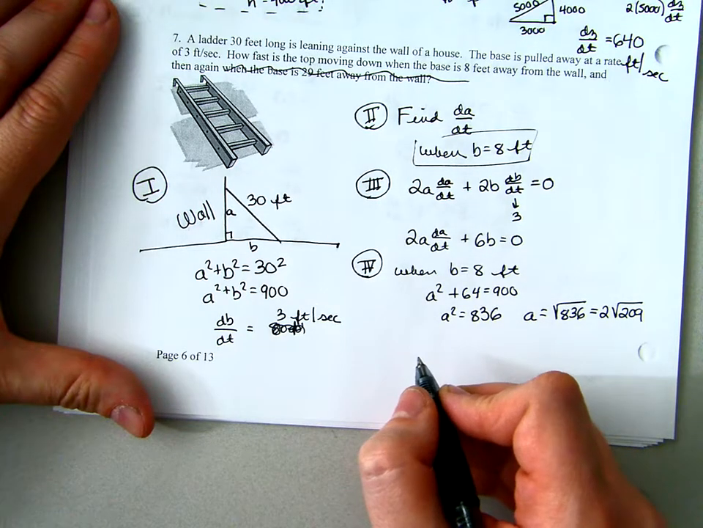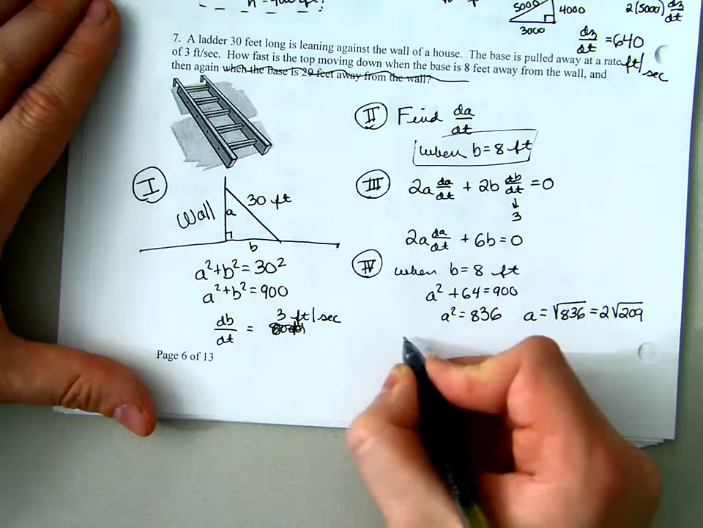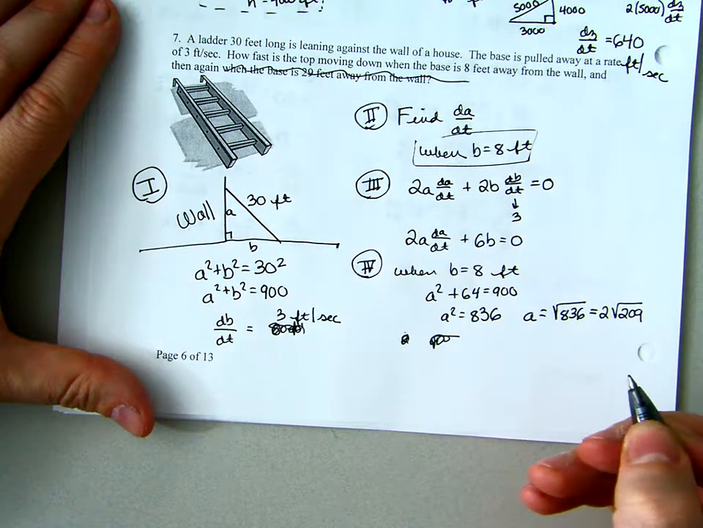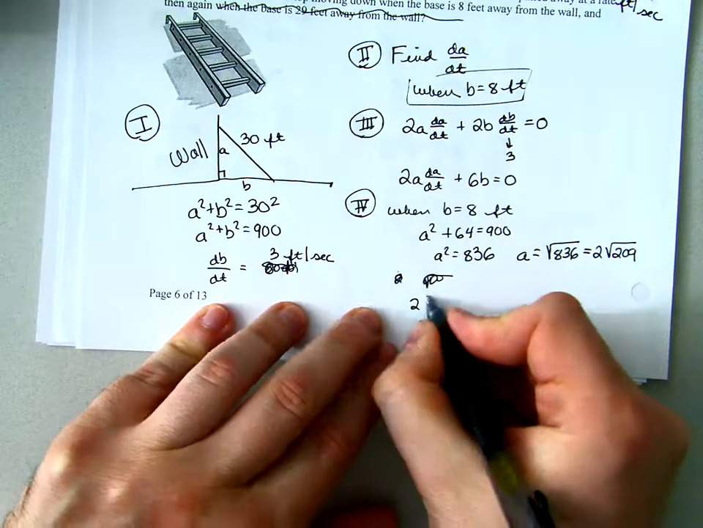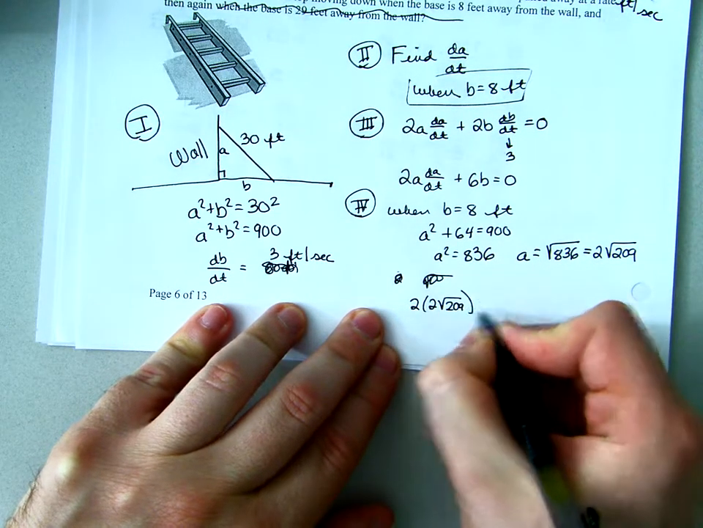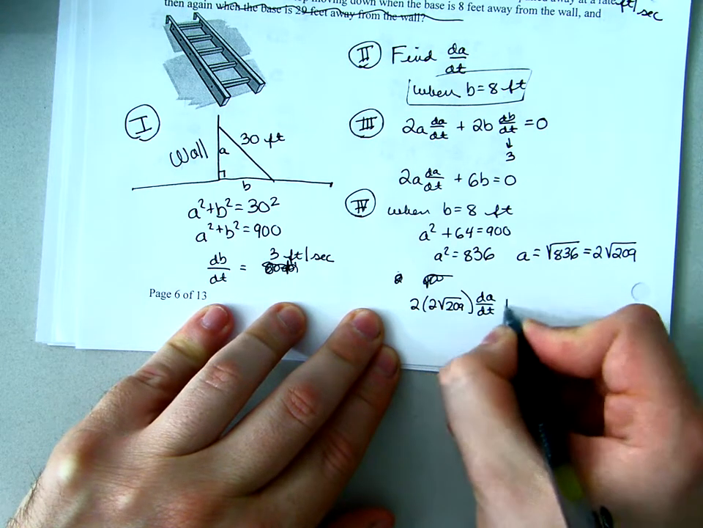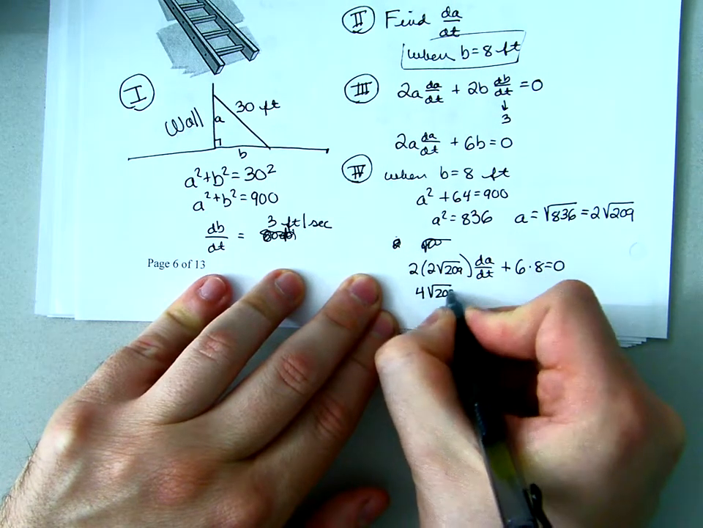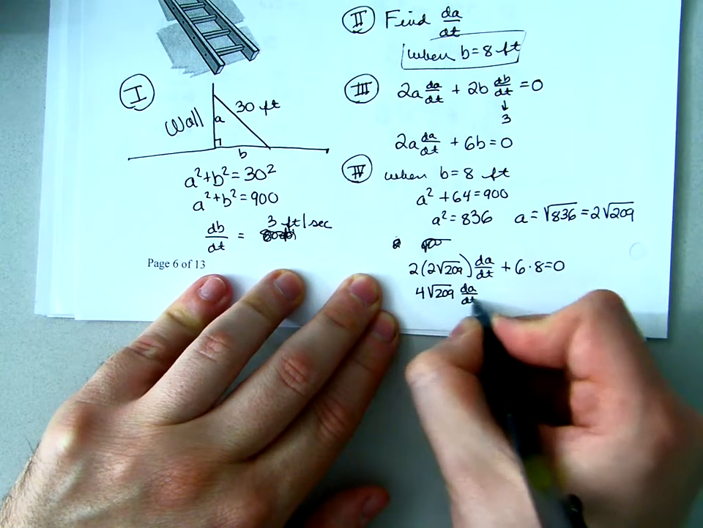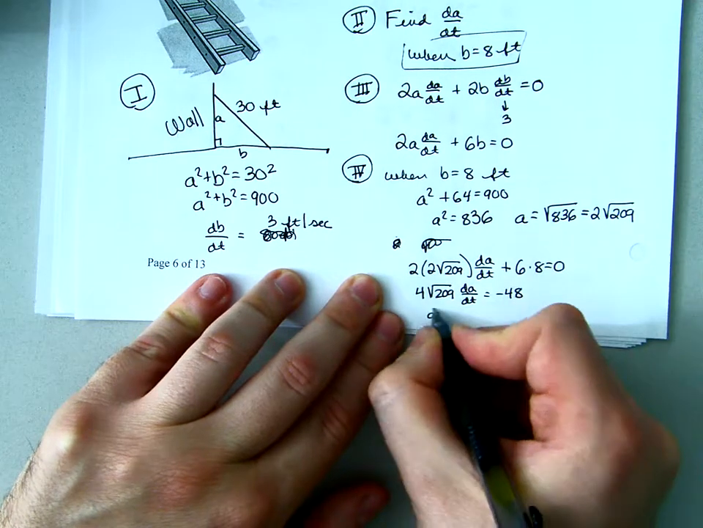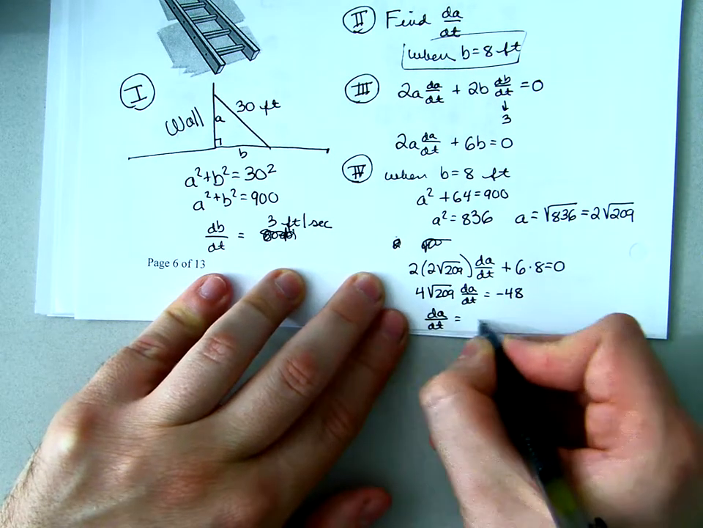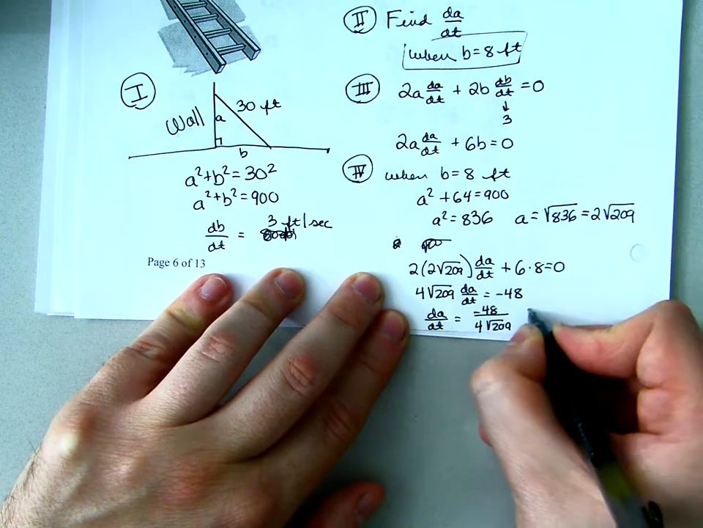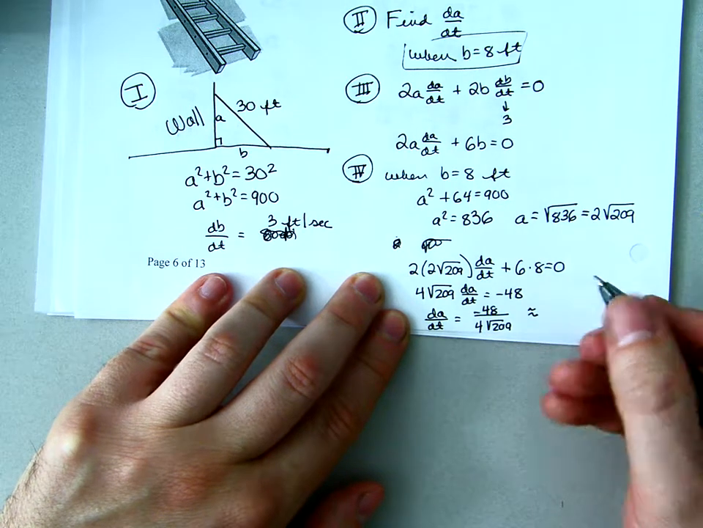So I'm going to deal with that. We're going to get 2 times 2 root 209 dA dt plus 6 times 8 equals 0. 4 root 209 dA dt equals negative 48. We'll divide: dA dt equals negative 48 over 4 root 209. We could simplify, or we could just go to the calculator. I'm thinking negative